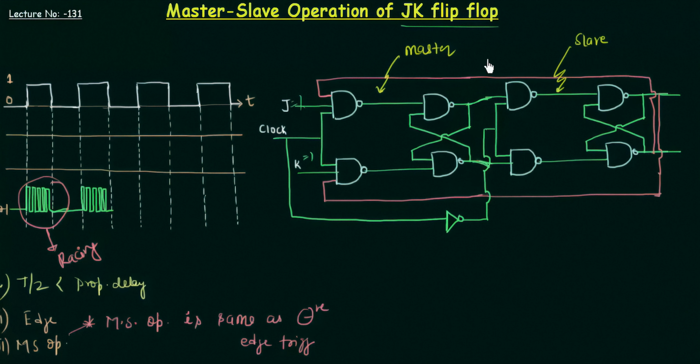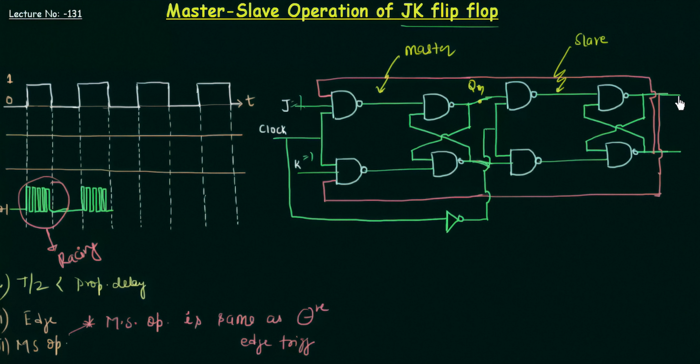Now I will explain why it is called master and why it is called slave. It all depends upon the clock, because when the clock is high, this master is operational, but as the clock is complemented and given to the slave, it will not be operational. It will keep the memory. So we are having our output QM